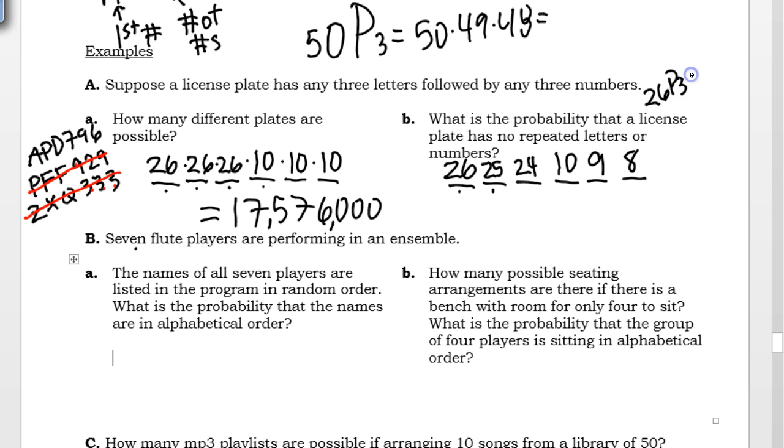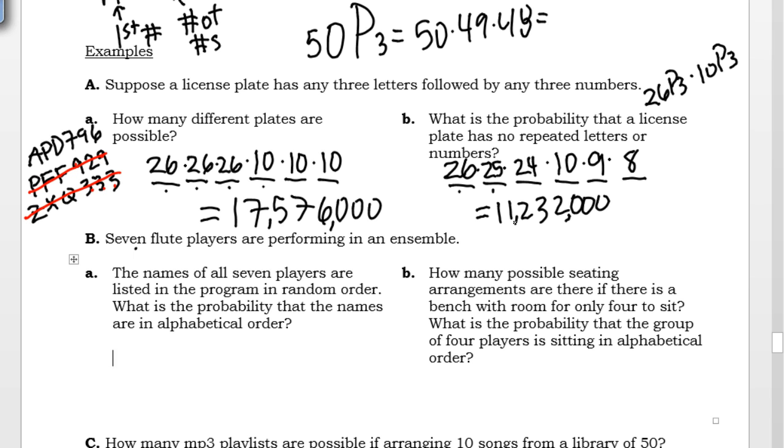26p3 times 10p3. Multiply these all together. 26 times 25 times 24 times 10 times 9 times 8. I have 11,232,000. So out of my